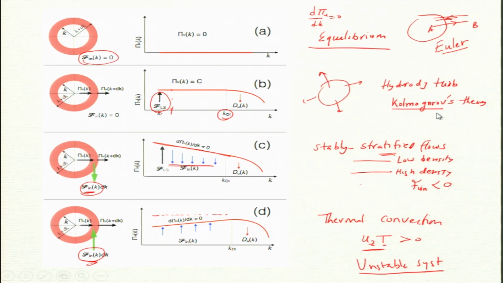So, d pi by dk is F inertial k. Now, if F inertial is 0, then I have two scenarios: my flux is 0, which is equilibrium, or flux is constant, which is non-equilibrium. I would like to say that this is non-equilibrium, so thermodynamics ideas do not work here. There is a net transfer of energy from one scale to another scale. Equilibrium means A to B is the same as B to A, so there will not be any net transfer in equilibrium, but here there is a net transfer, though energy does not change, mind you.